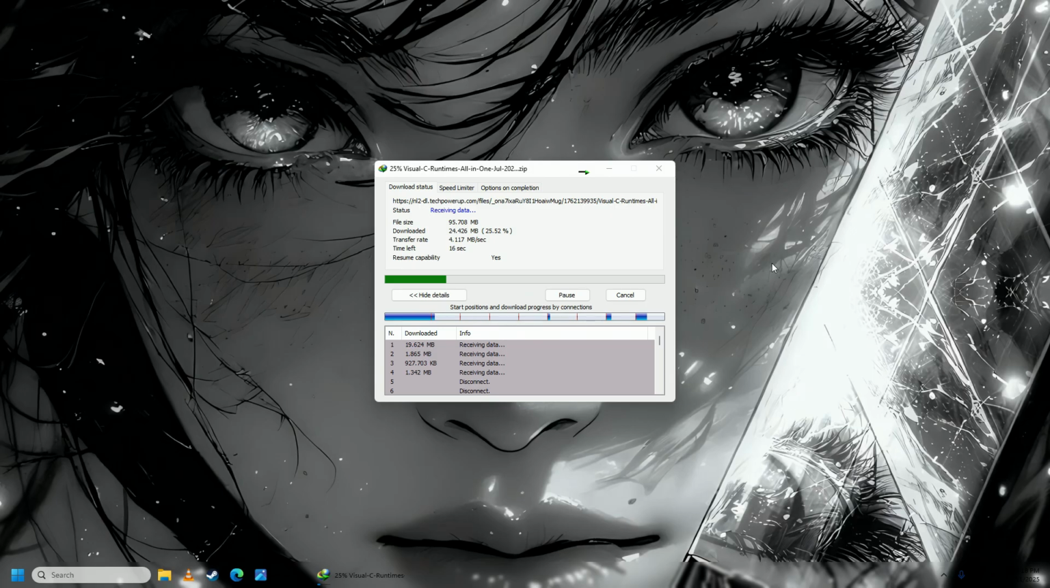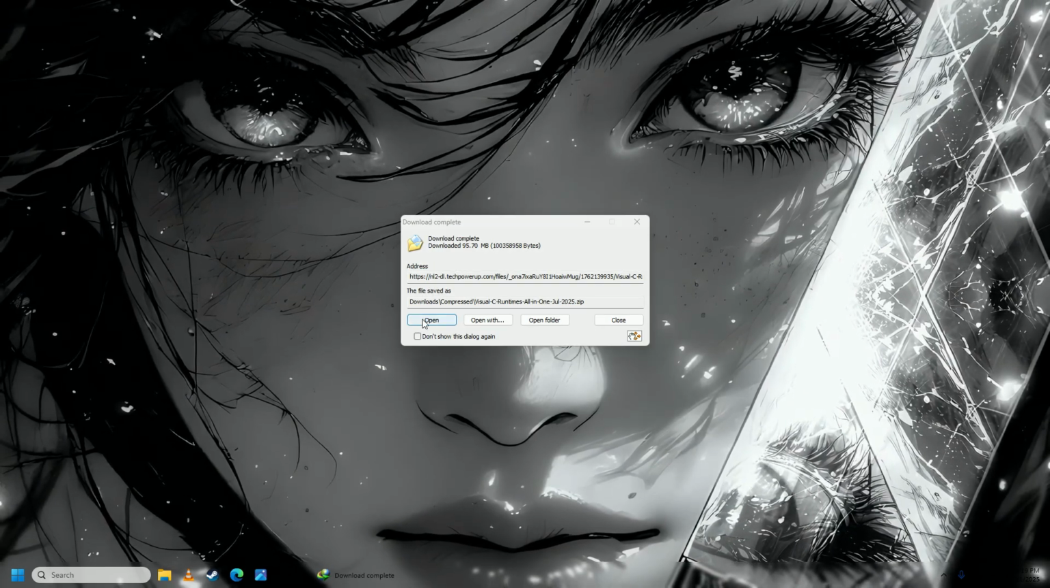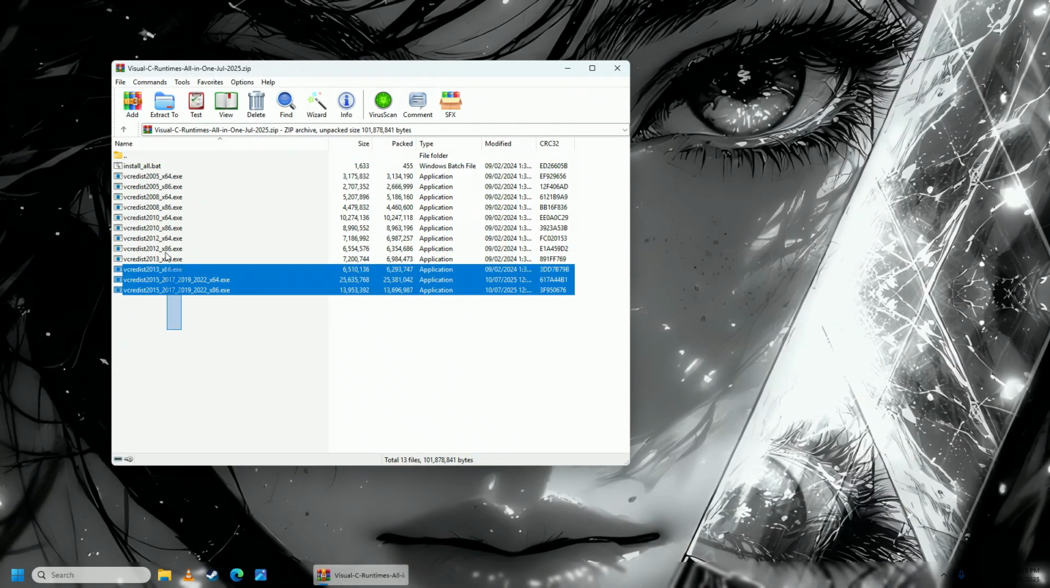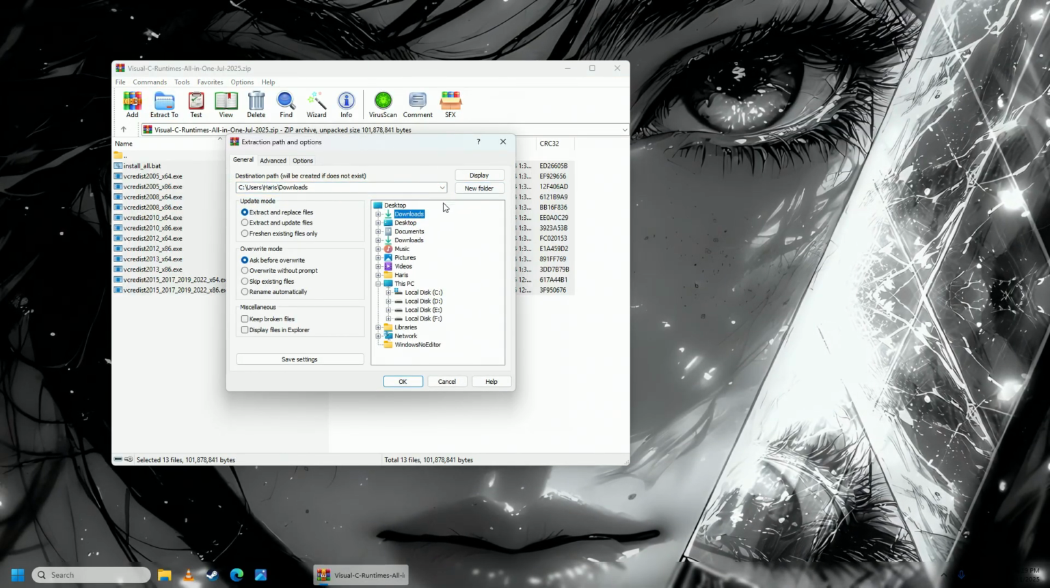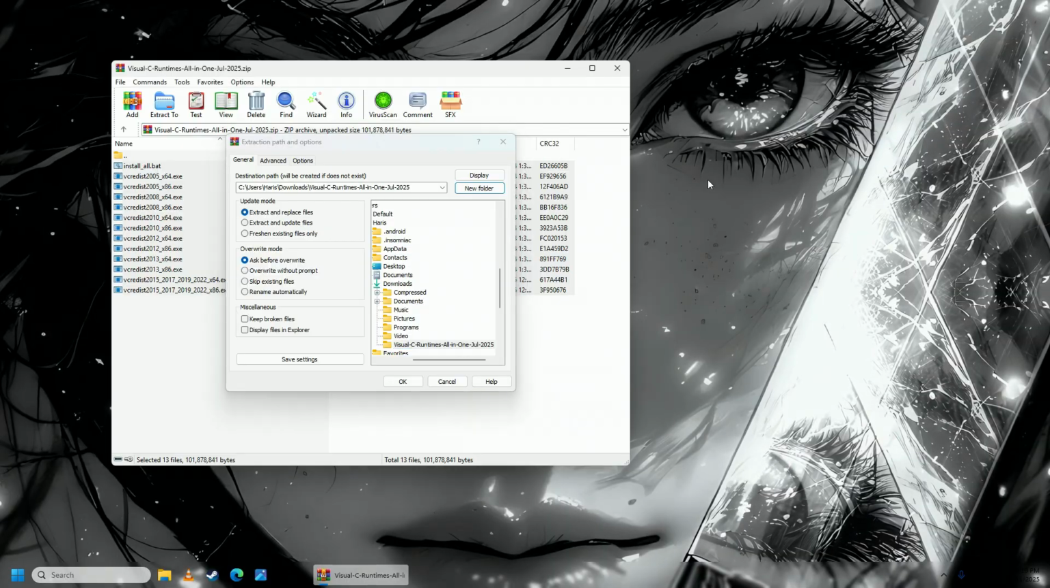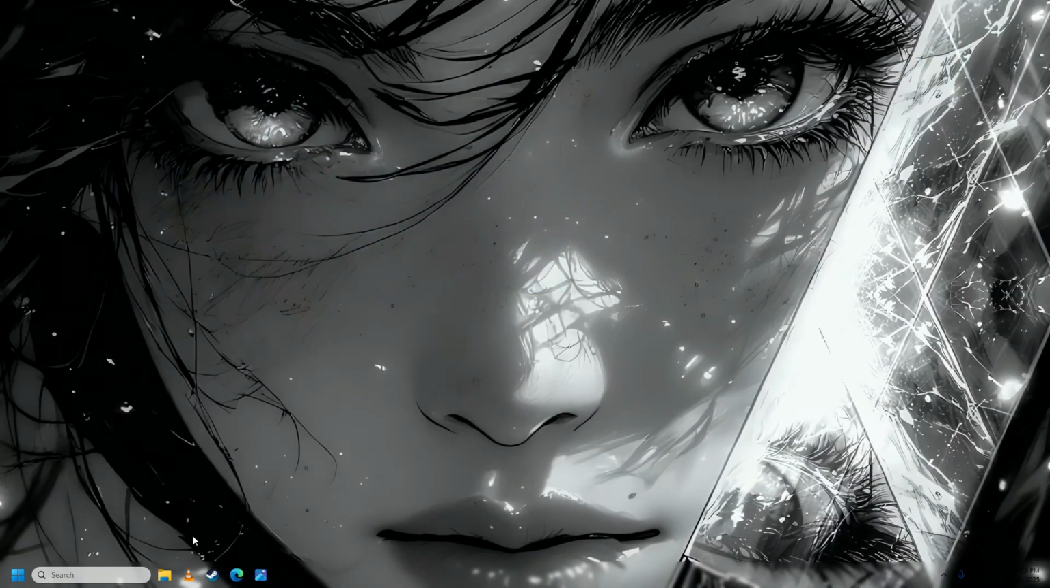just wait for it to complete downloading, and once it's done downloading, open it up and extract all of these files anywhere you want. I'll extract it in my downloads for now, and then go to that folder,